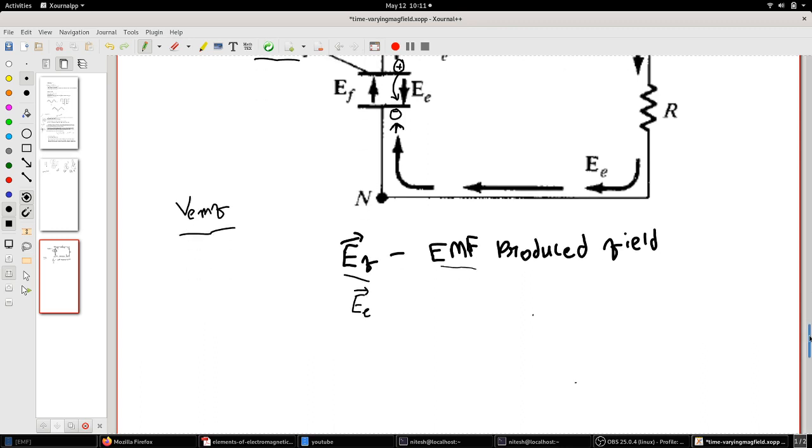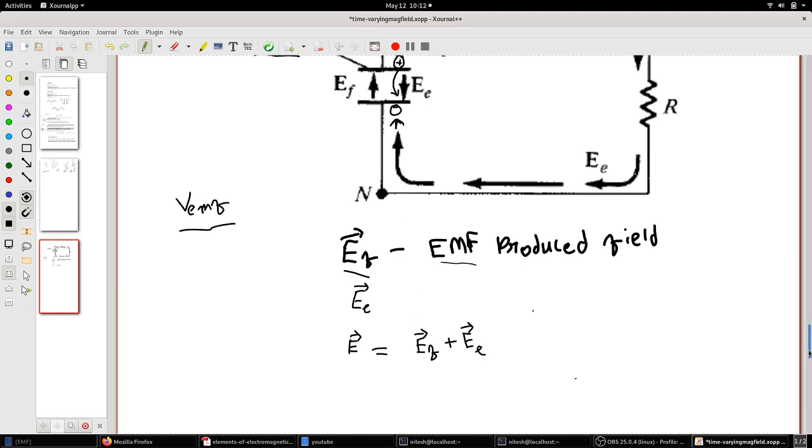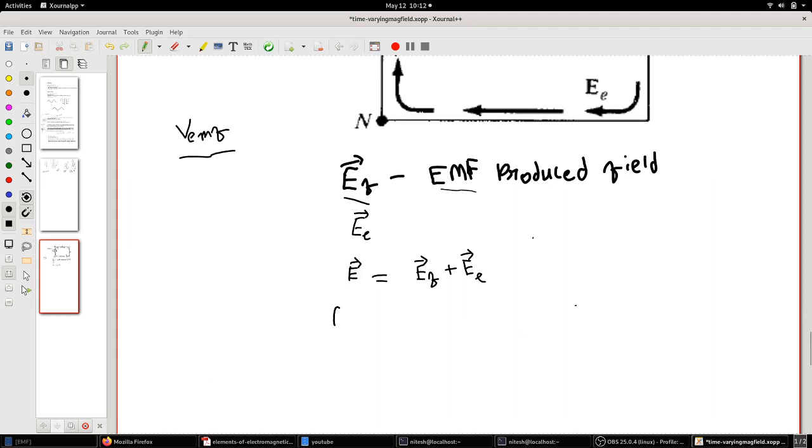EF is the EMF produced field. It is 0 outside the battery. So E, the electric field at any point in the circuit, will be the summation of your EF plus EE. At any point in the circuit, the electric field will be the summation of EF plus EE. Now if I take a closed integral of the electric field over a closed loop, what I'll get is